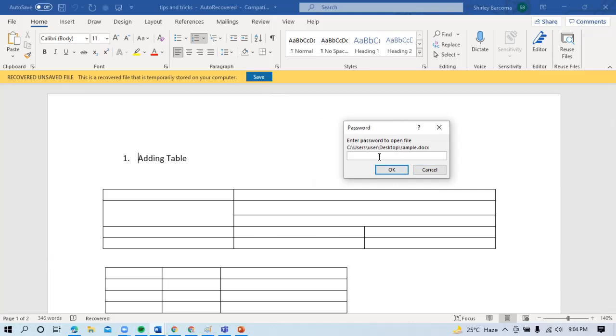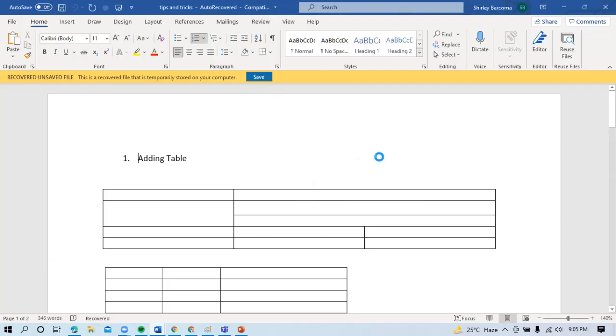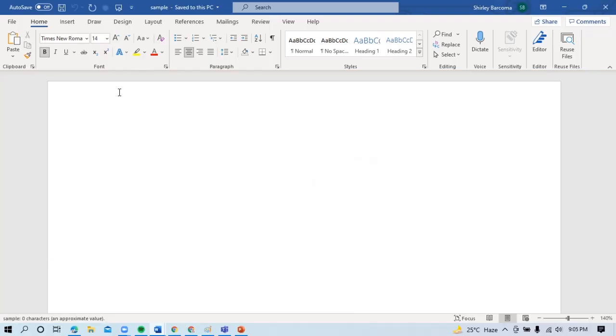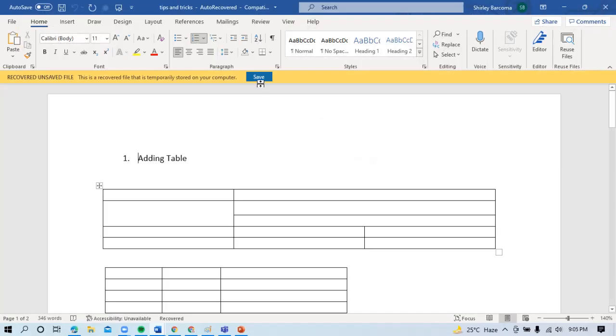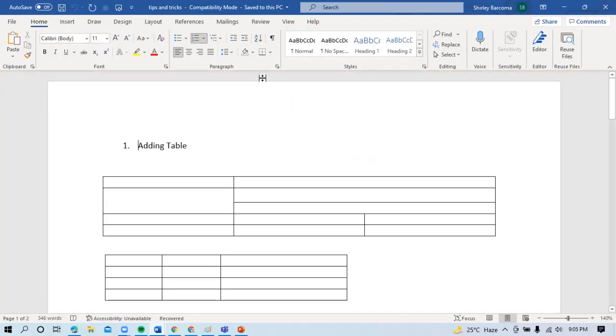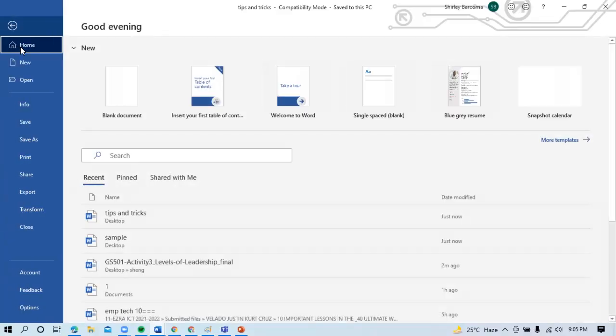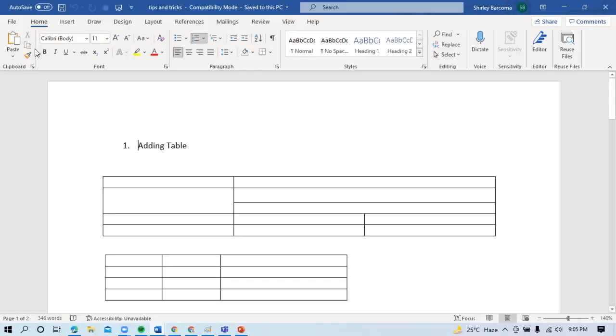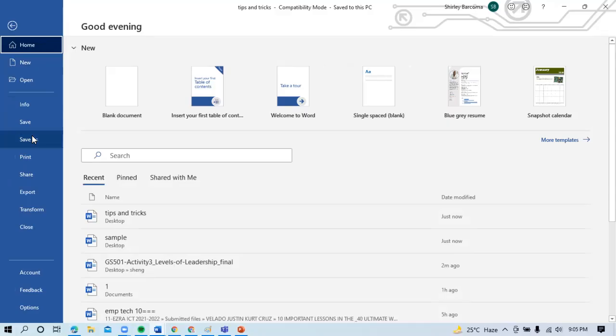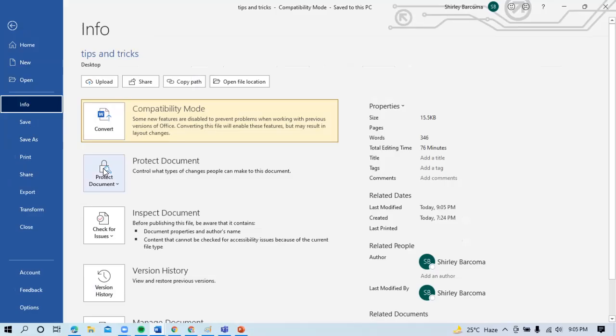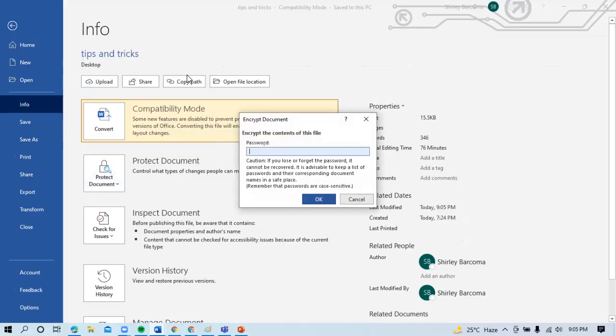Kanina, so kung ilagay muna natin yung password natin. So, password. So, it will open the document that we have. Ito yung kanina yung document natin, no? Na nag-hang at nag-close. Pero sige, lagyan natin to ng password. So, punta lang tayo sa File, then Info, then Protect, then Encrypt with Password. So, password,